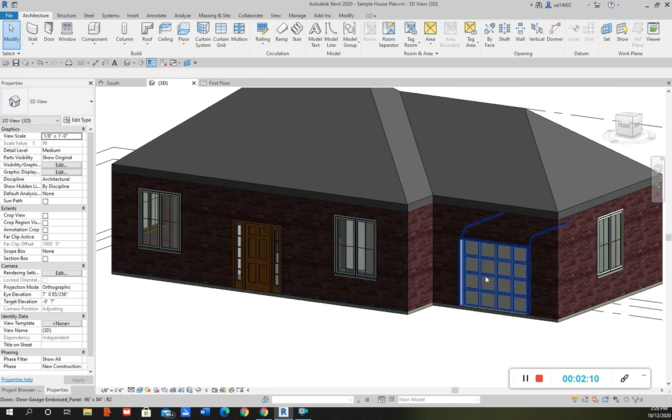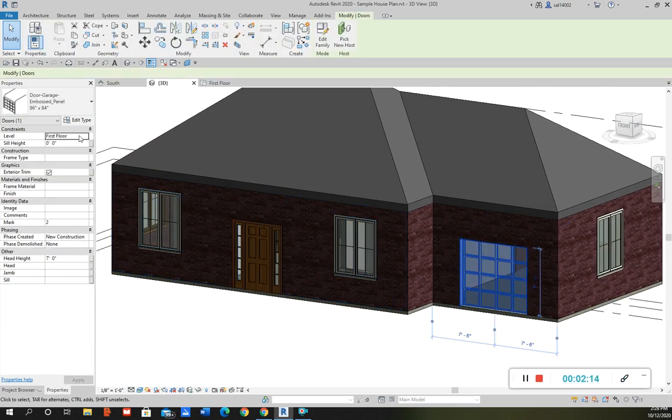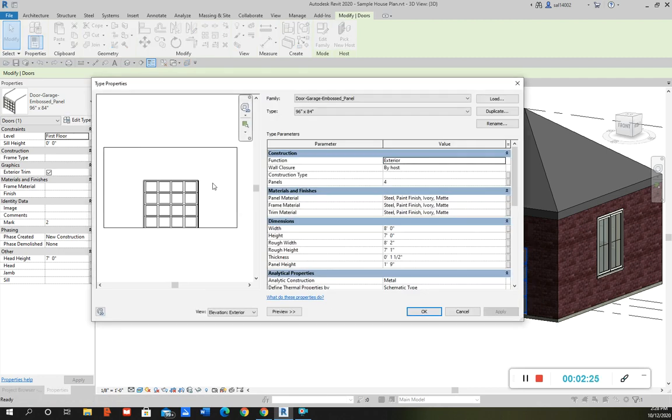If you want to change the material of the garage door, you select the garage door, edit type. It's taking a second. And there's different materials here. There's the panel material, the frame material, the trim material, and it shows the types of materials it's using right there. So you could select, if you want to change the panel,